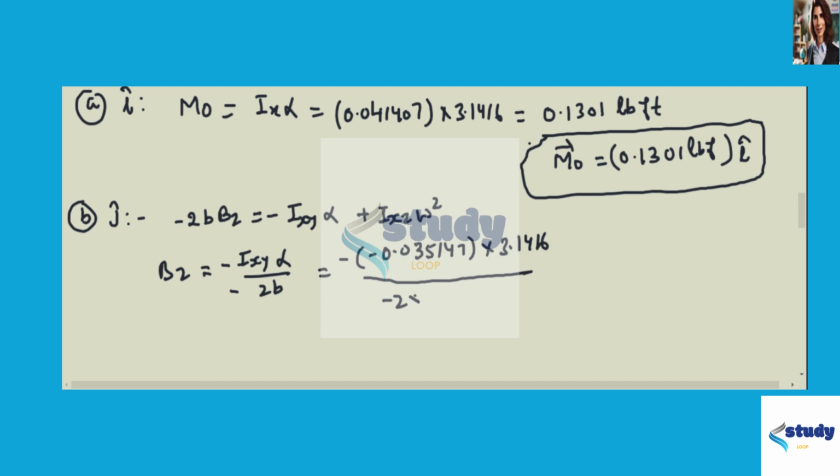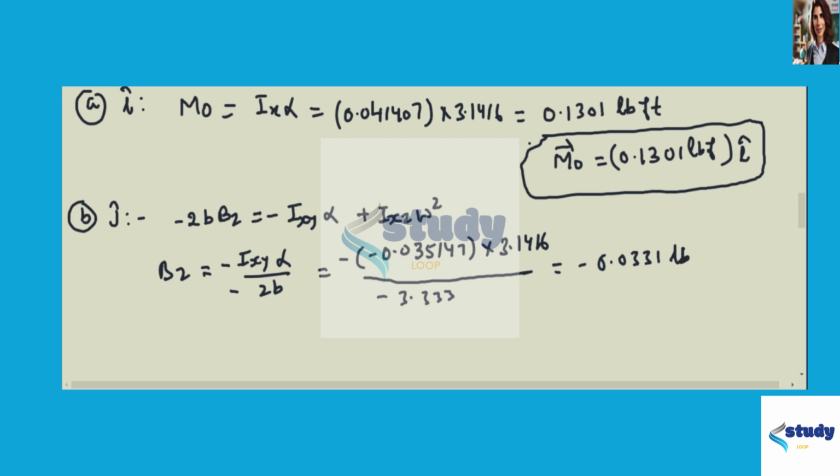Minus 2b is 3.333. So you will get minus of 0.0331